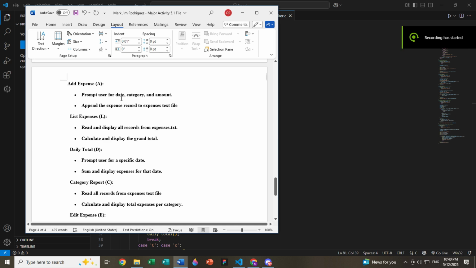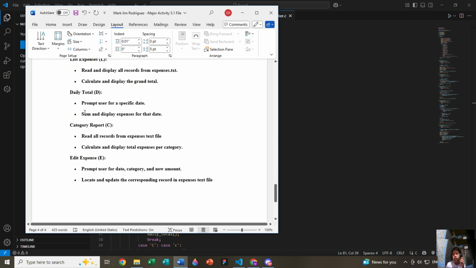So my plan here will be to add expense from the user for the date, category, and amount, and append the expense record to the expenses text file that I will make. The list will be read and display all records from the expenses file, then calculate and display the grand total.